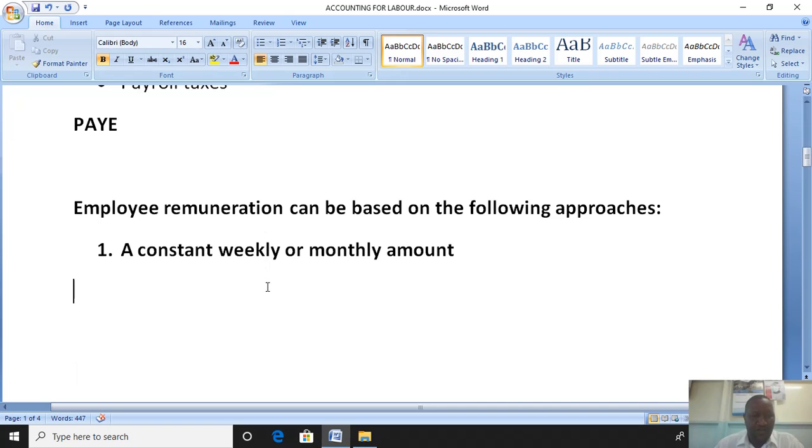All you need to do to calculate the labor cost here, you say labor cost equals the remuneration per period